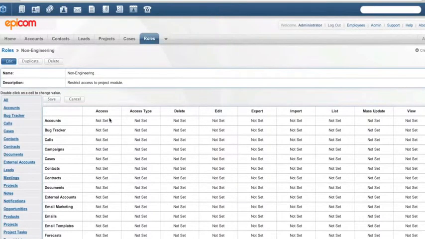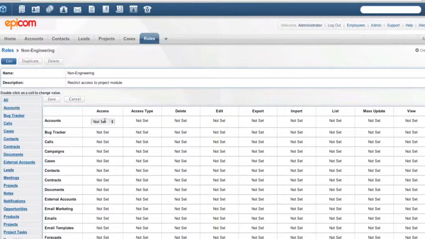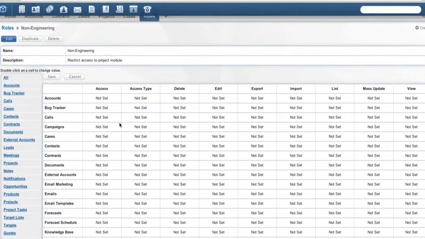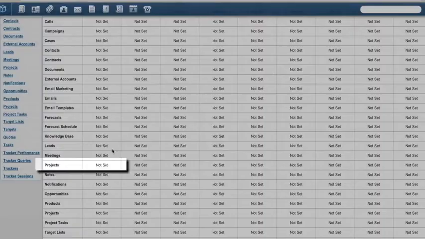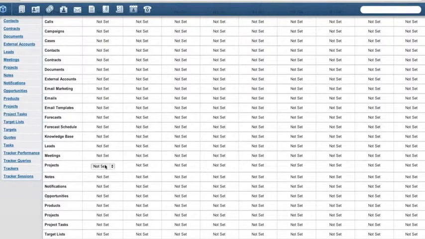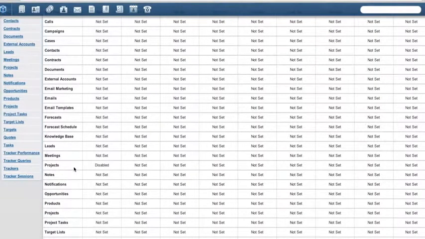We can either provide access or remove it. So if I click this account one here, I can disable access, I can explicitly enable it, or I can just leave it alone. Oftentimes you'll leave most of these unset and only edit the ones that you want to change. So as we mentioned, we're going to scroll down here to the projects module, and we just want to